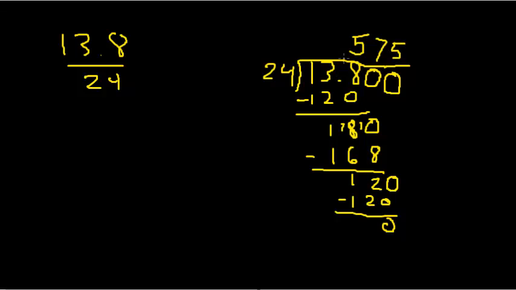My decimal point comes straight up, and I have my answer here, 0.575. If I add my 0 in front of the decimal point, 0 and 575 thousandths. Next, let's do